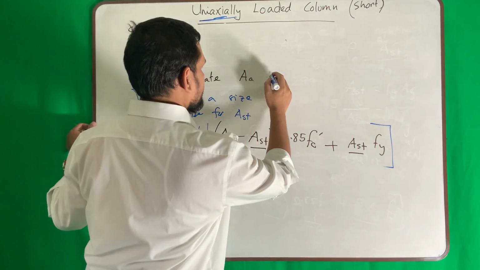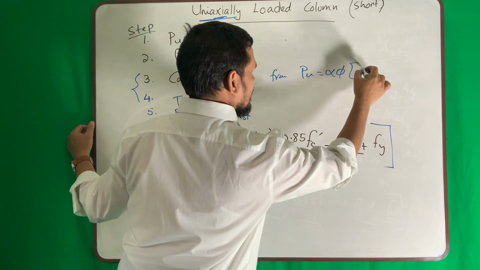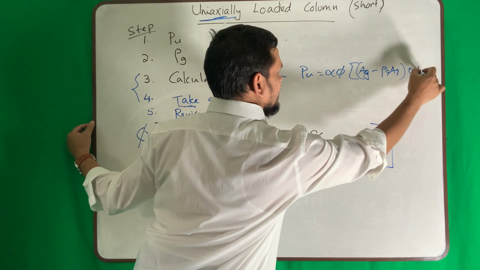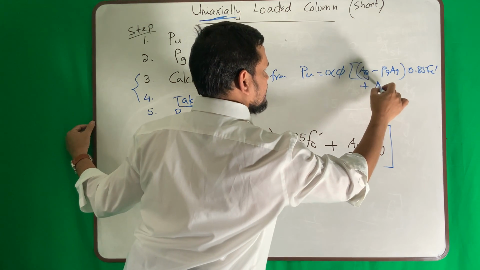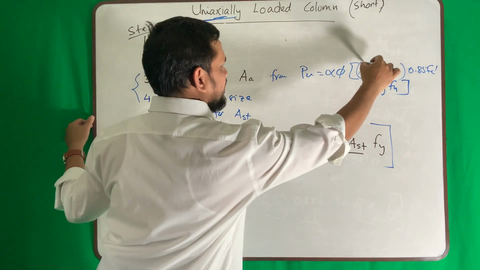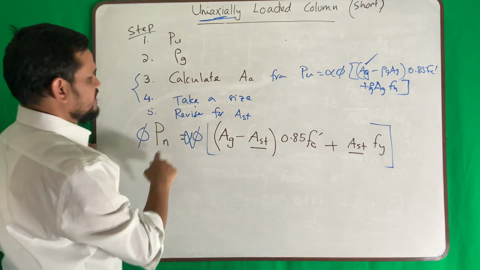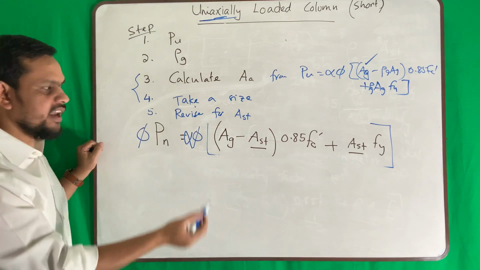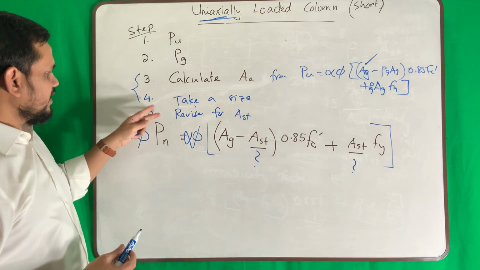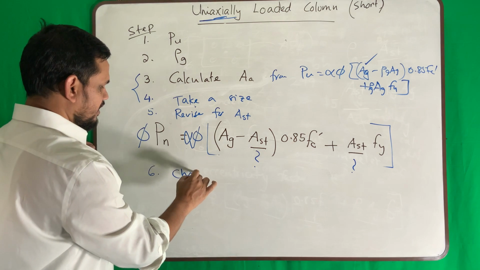AZ from this equation, P alpha AZ rho Z AZ, 0.85 A prime C plus rho Z AZ FY. From this equation, find AZ. And then take a size, revise for AST, then use this equation again to calculate AST. So find your AST here, okay? Then choose bars,